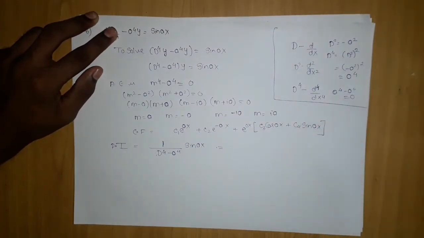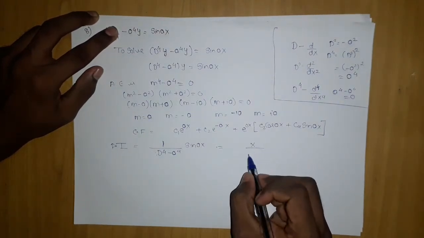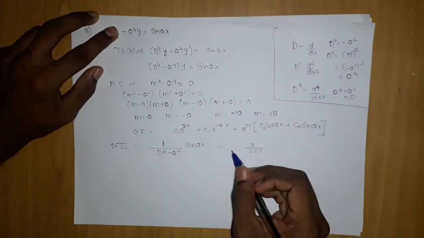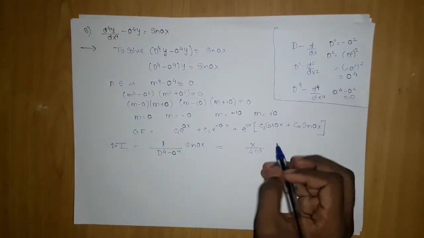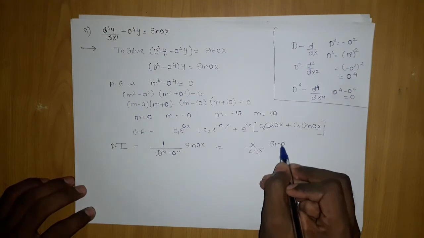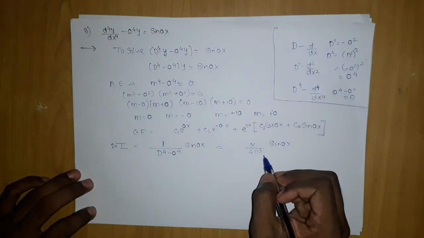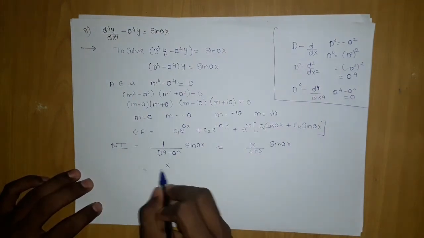And whenever f of D becomes equal to 0, we differentiate it. We have discussed it when we were discussing this topic. We will multiply the top by x, and here we will differentiate, which will give me 4D cube. The differentiation of a constant is 0, so minus a power 4 will disappear and we will be left with sin ax. Now this can be written as D into D square, and D square we will replace by minus a square. So let's try to replace the things.